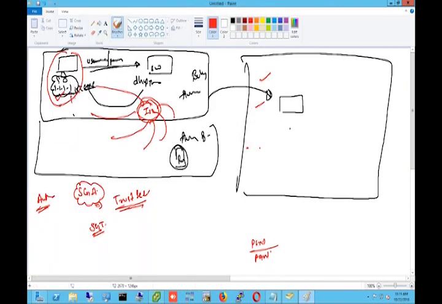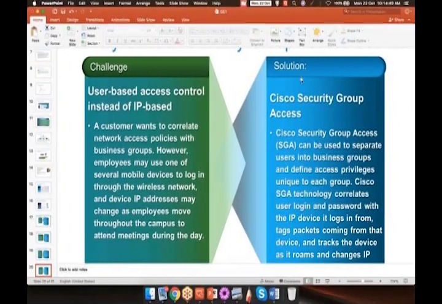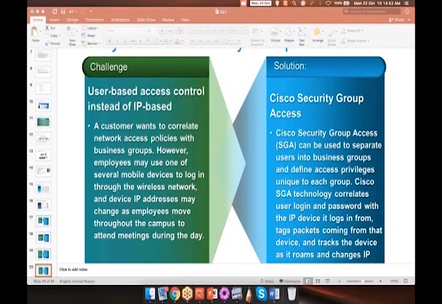What Cisco ISE does, instead of giving him authorization on the basis of IP, is give a new tag system which is called Security Group Access. Someone asked me what TrustSec is also. This concept is called TrustSec, which gives a tag called SGT. Cisco group tags are there, 16-bit values are there. No matter where the user is